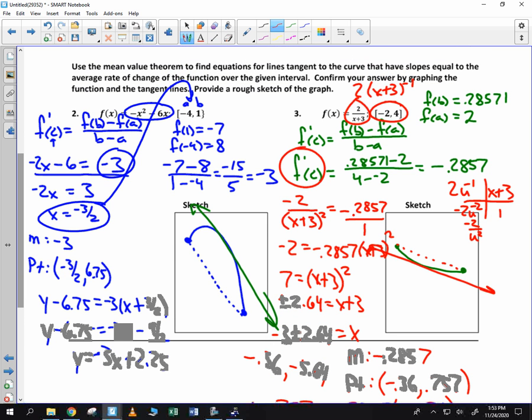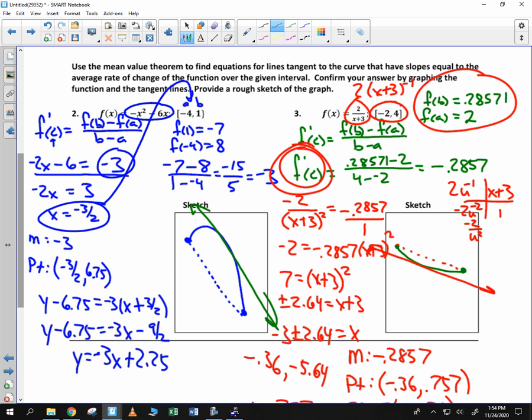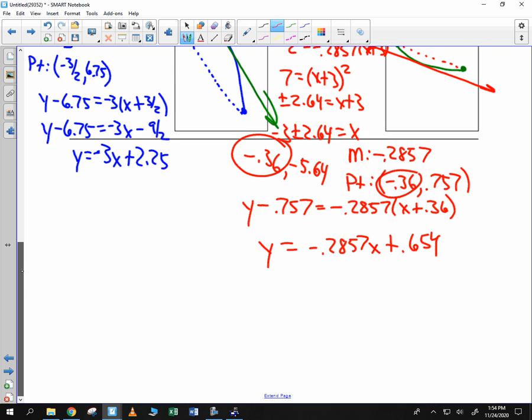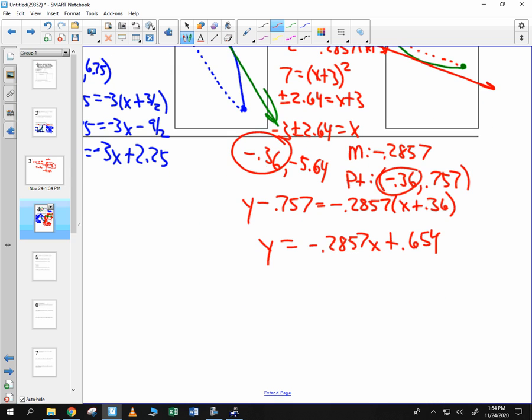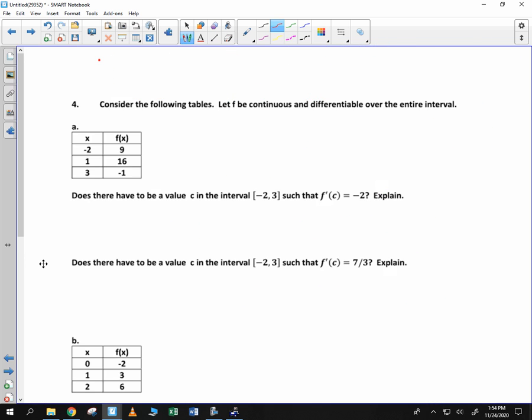track of here, like f of b and f of a, and then what is f prime of c? Well, that's your slope. When you actually find c, what is it? Well, c ends up being your x value that you use for your point on your line. A lot of people don't know what these things mean, and that's why you're trying to see the problem all the way through. So sorry if it's a little confusing there. We'll take some time and look at it together as well.